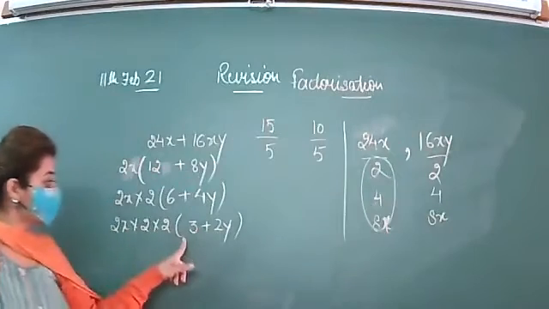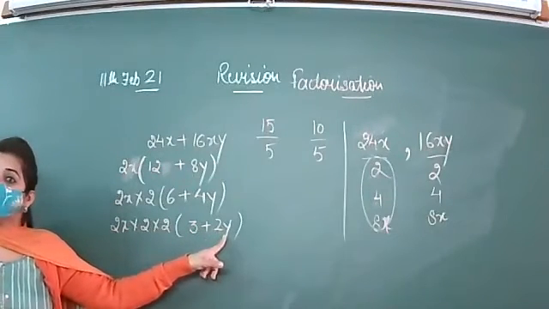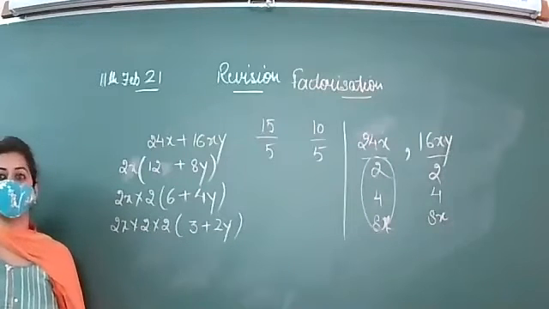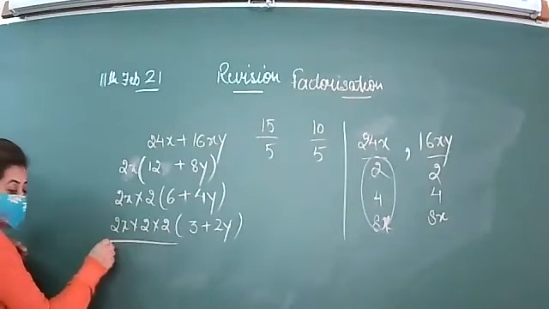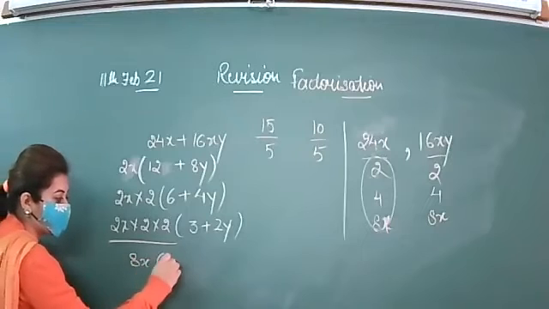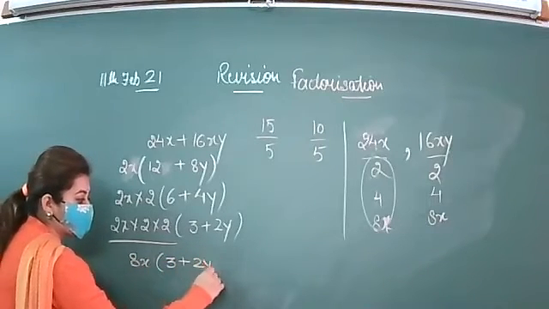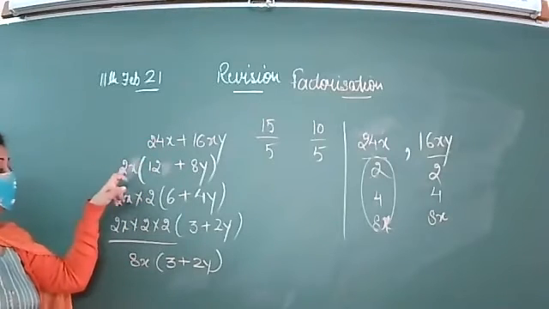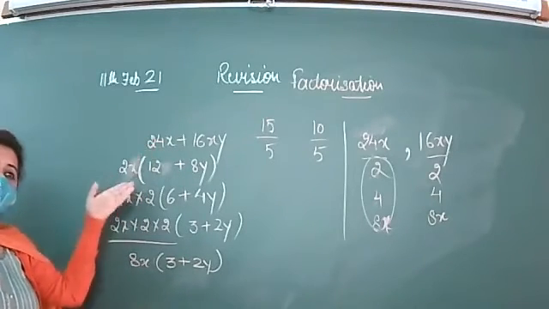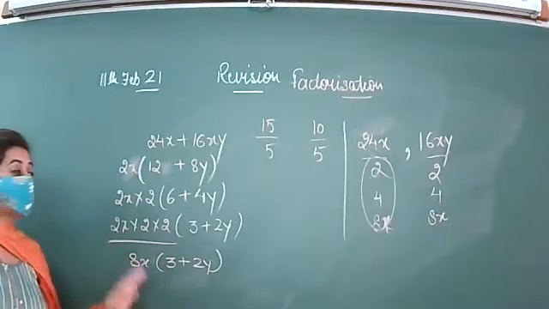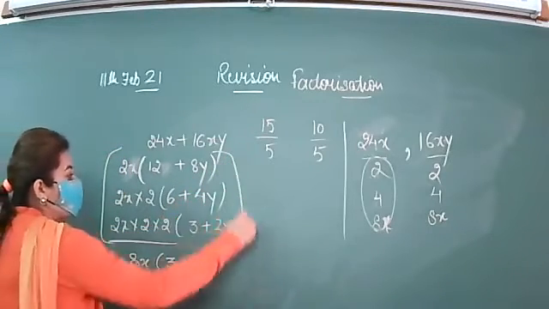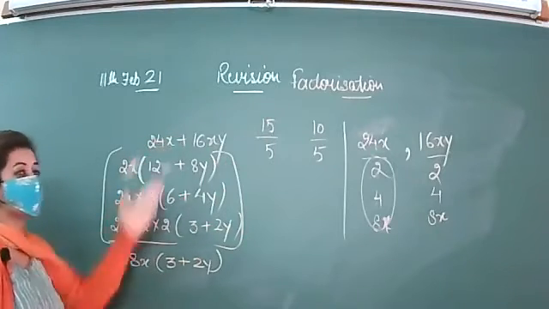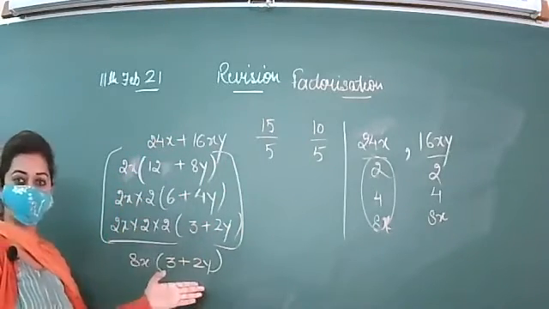Now these two numbers, 3 and 2, are prime numbers and nothing is common between them. That means you have taken everything common. Nothing is pending there. So let's multiply these three numbers. You will get 8x bracket 3 plus 2y. So if you are not aware that you can take 8x common directly, you can take common stepwise also. The method is correct, but instead of writing all these steps, if you know the greatest common factor, take 8x directly common and you will reach this step. No need to write those steps.